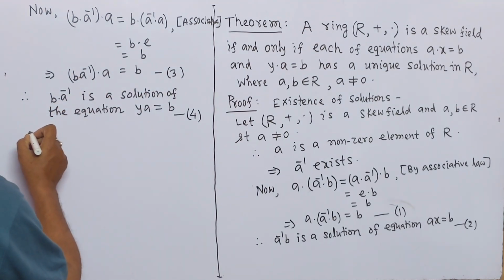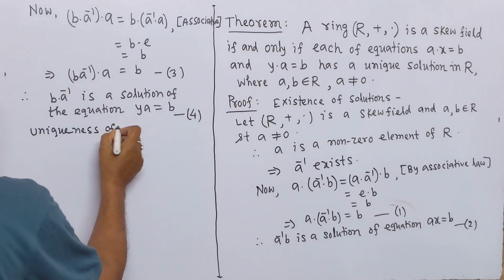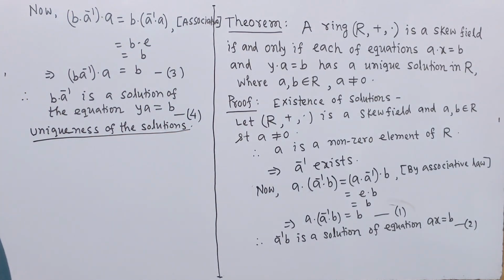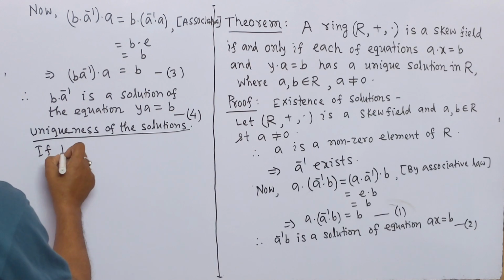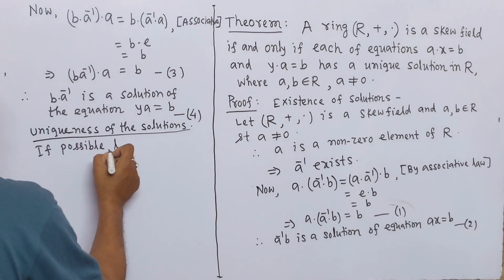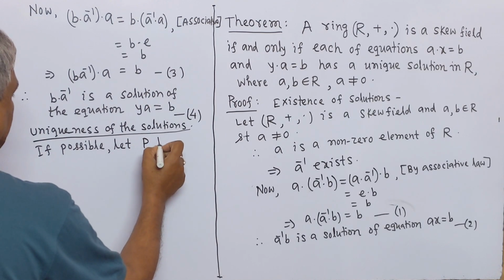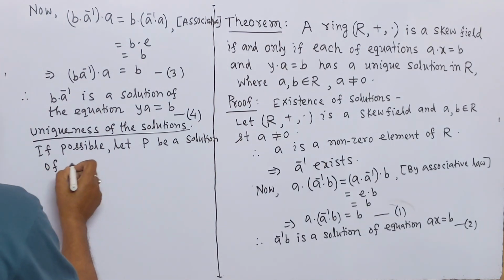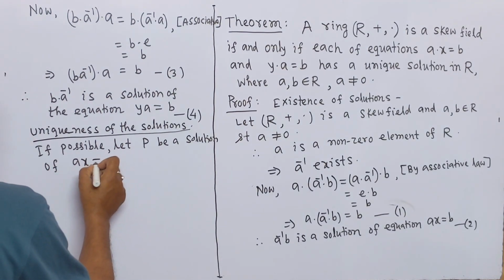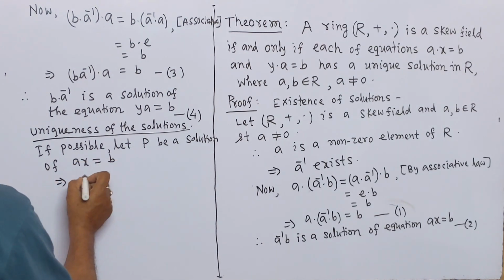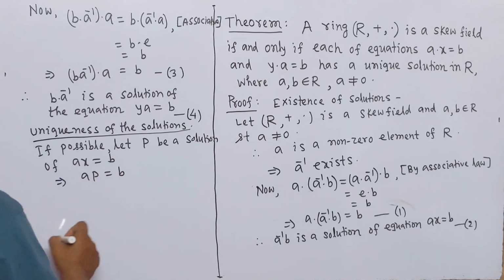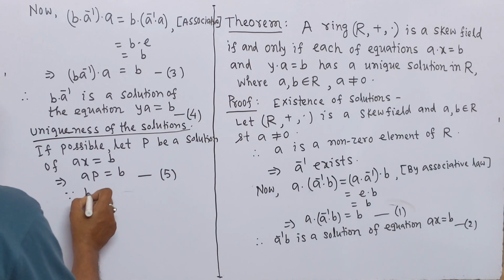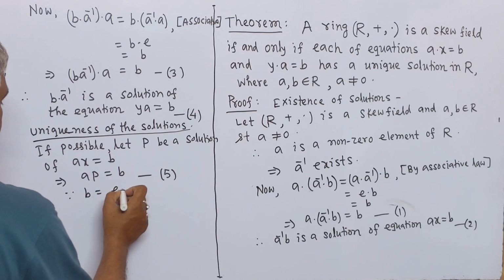Now, uniqueness of the solution. If possible, let P be a solution of equation ax equal to b. This implies that ap equal to b. This is number 5. Since b equal to identity element multiply b